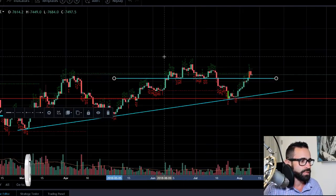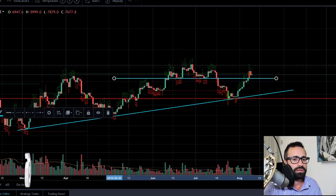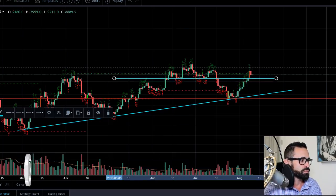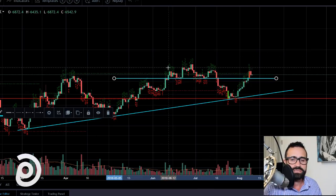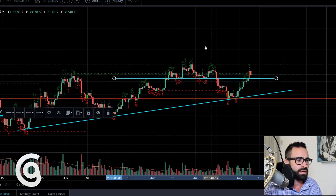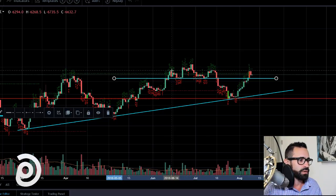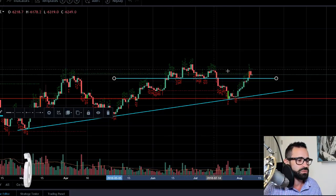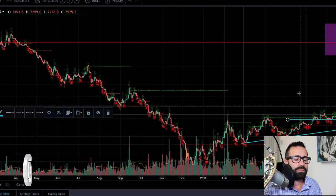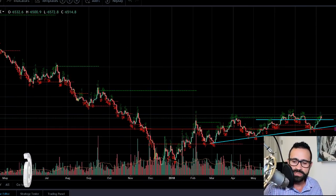Another really interesting thing to look at is we've really retested this level quite a few times, right? We had a 5,800 tested back in February, which I don't really count because it was a really extreme move the day before the SEC and CFTC meeting, and then from there we rallied right up to 12K. Then we're retesting this key support area at the 61, 62 range, and starting to look like a top, right? But then in a worst case scenario, let's see if you guys can see my VPVR on my